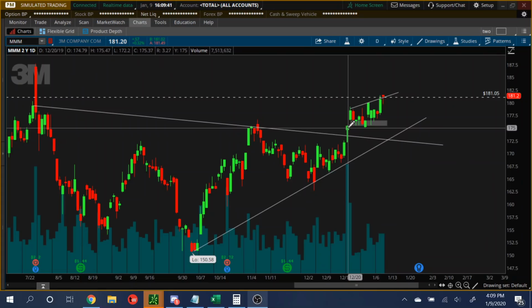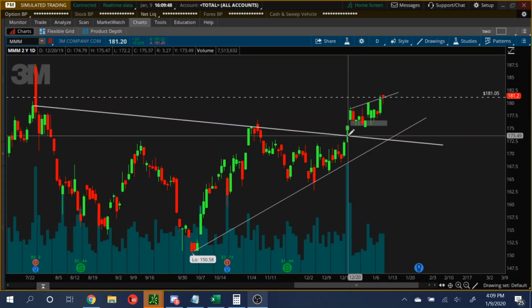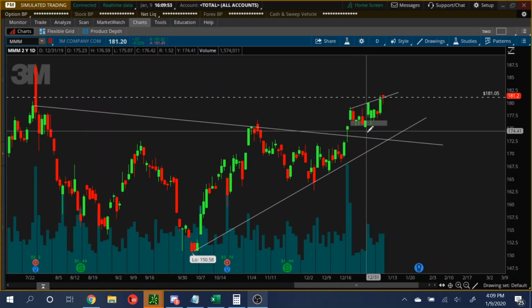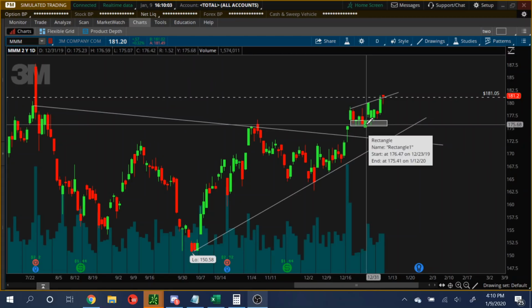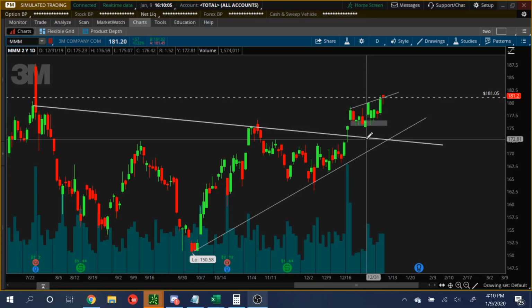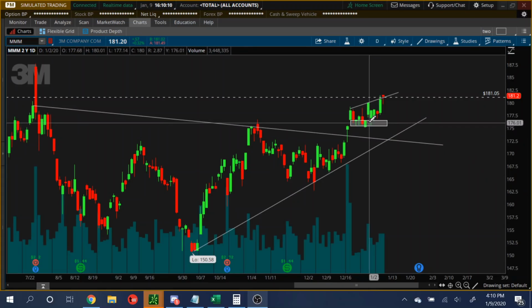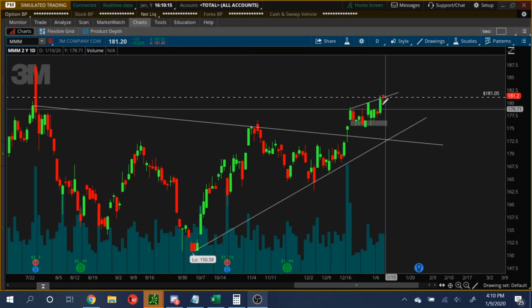And so we got the break, and I wanted a lower entry, but what I saw here was what's called a high base pattern, where something moves up and it just goes sideways and it cannot break back down. And so what I did was I just entered at the bottom of this high base pattern. I think it was on this day here, and I saw this day it could have easily gone down, could have gone and tested the trend line. Again, it came up and finished in this high base pattern, and so I decided to just enter at the bottom there. And this one is just getting started,